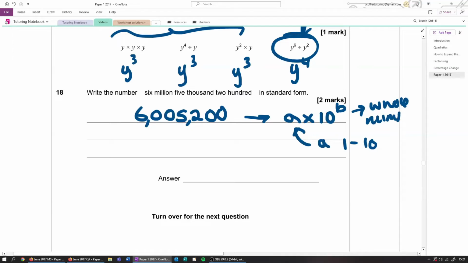And I will also make a video on standard form, but for now I'm going to briefly explain it, but I will go into more detail in that video. So it would be